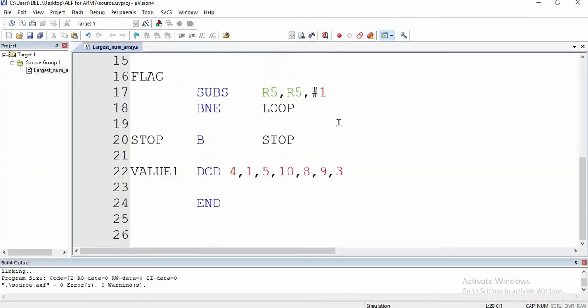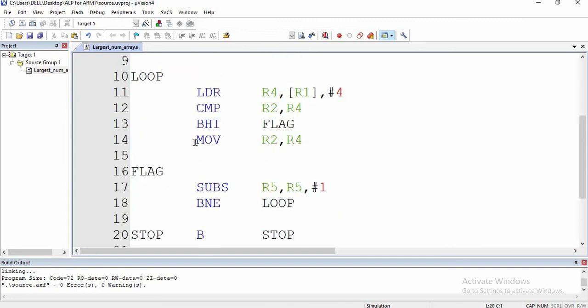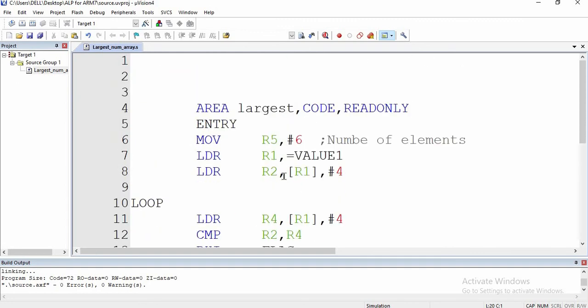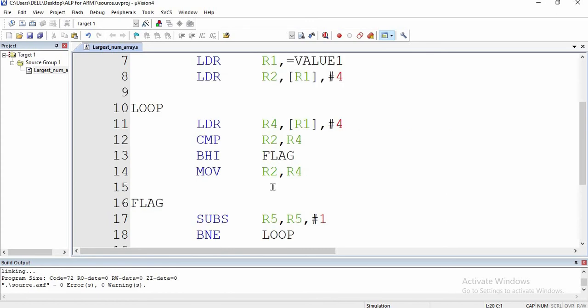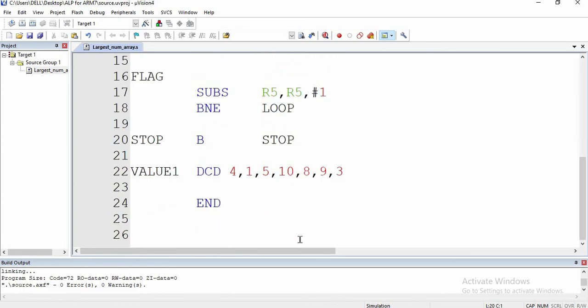Now what we will do is, since we have found the highest number of the array and we have that one in R2, we will store this result in the memory. For that we need another area called a data area. Let me write the code. Area, I will name this as data1.